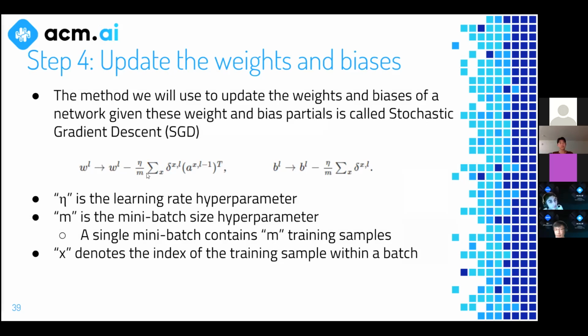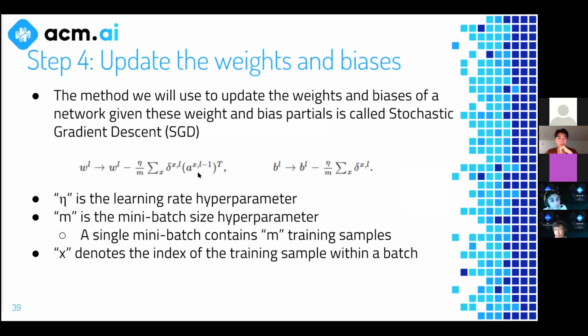This is basically the formula that you're going to use once you've calculated all those weights and bias partials in order to actually do the updates, right? Like we calculated the partials. Now we need to use those partials to do the actual updates in the network. So this is what you use to do that. We're going to stop here, so I'm not going to really break this down. We'll start off here. But just something to note, right?